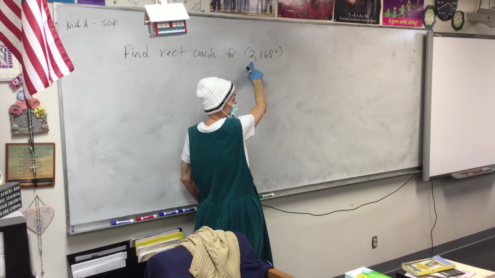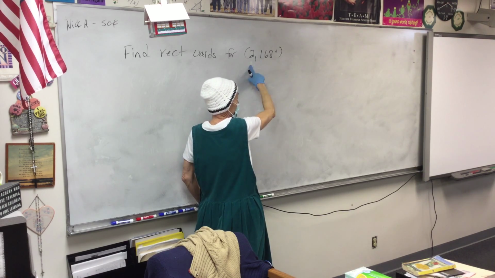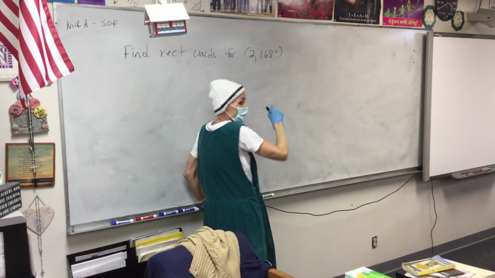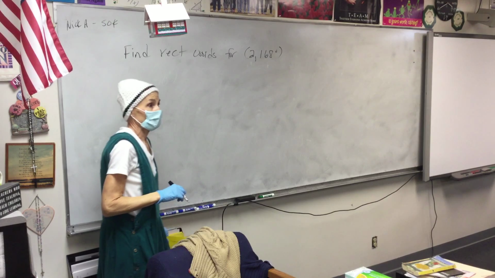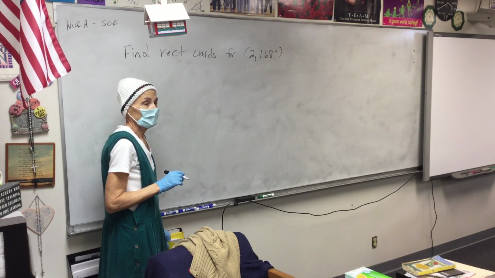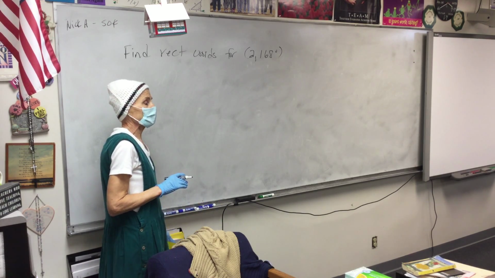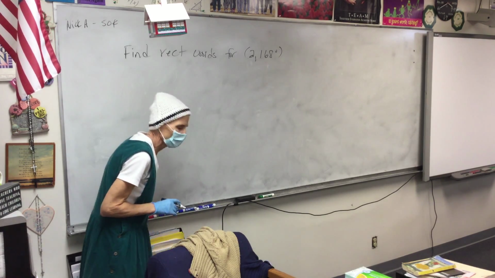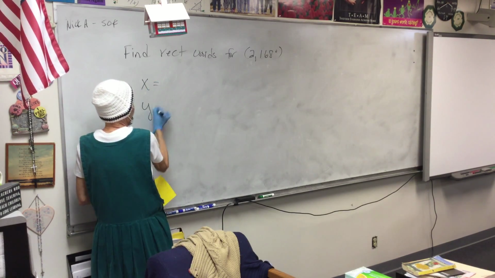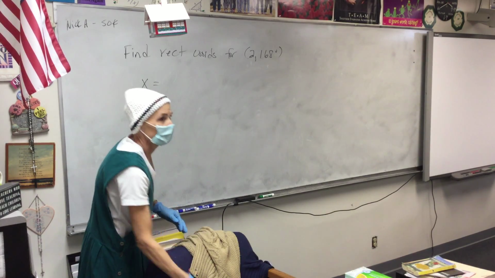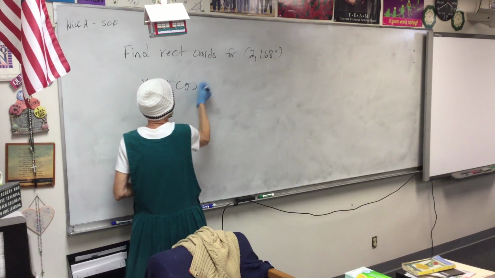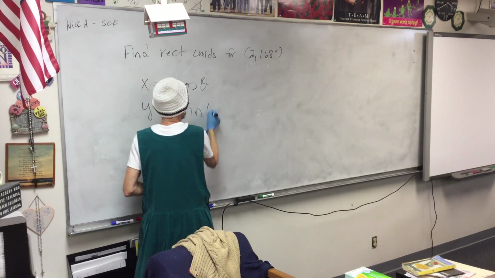This is what? What's the 2? Not x. This is not x and y. What is this? The 2 is the radius, and 168 is the angle in standard position, right? Now, we want to change that into x and y. And I know it was right at the end, but I gave you a huge hint. I mean, not really a hint, but a tool. What do we know about x and y? Always, always, always. What do we know about them? Jamie? It's r. Exactly. X is always going to be r cosine, and y is always going to be r